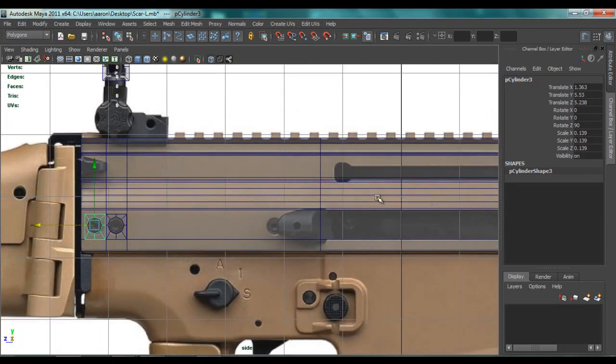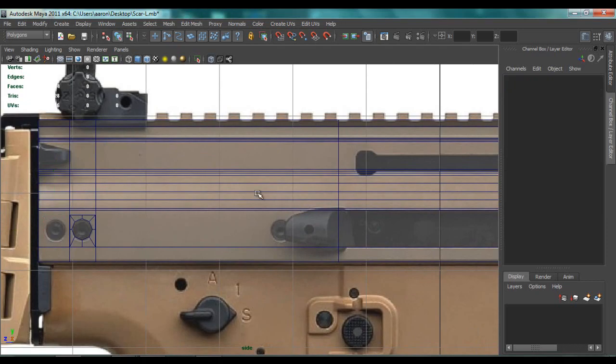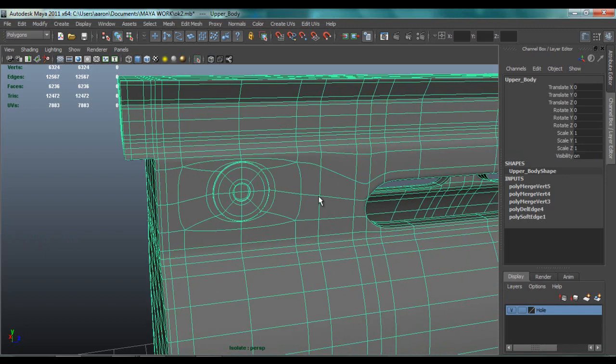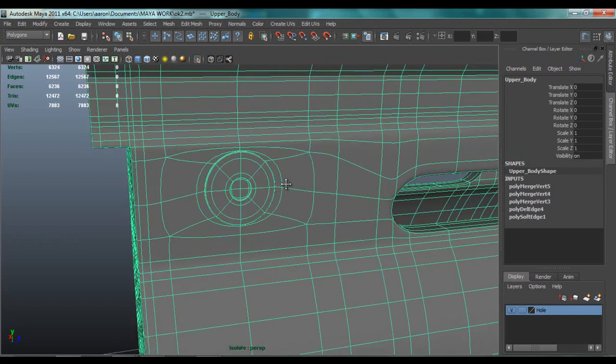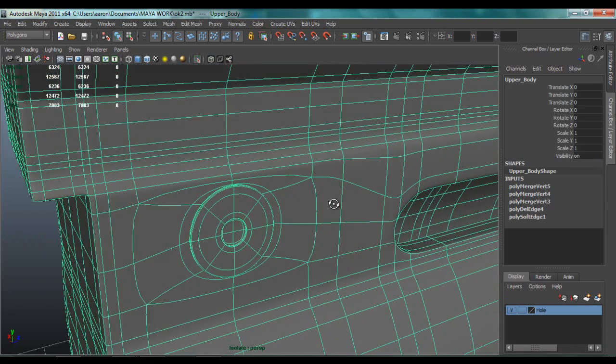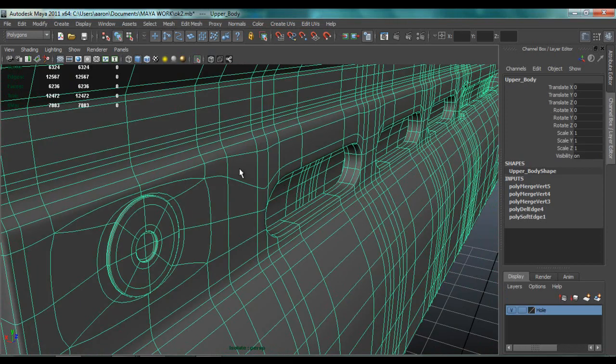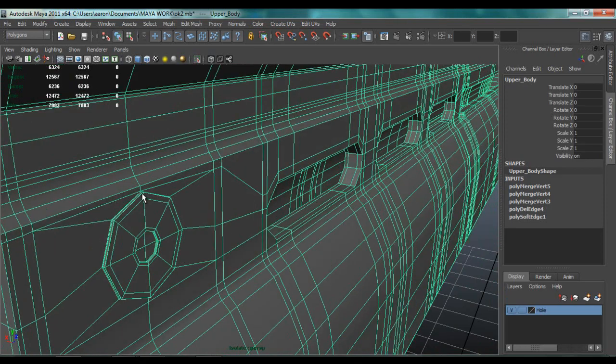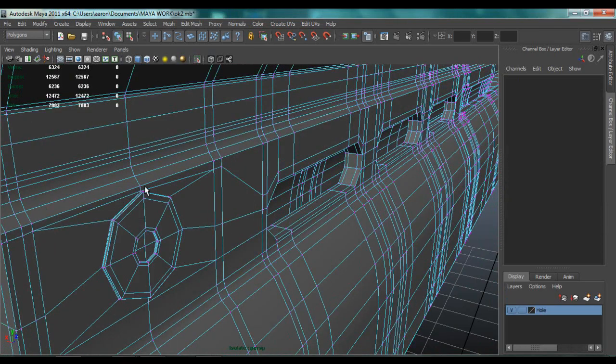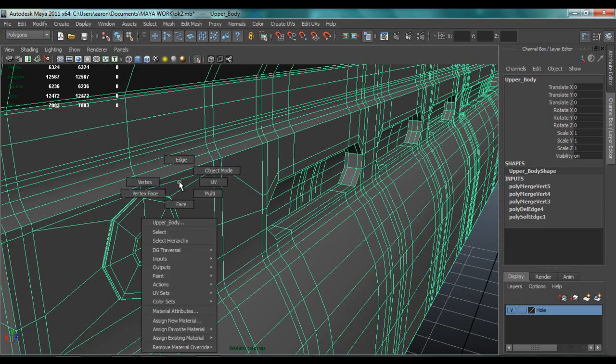And that's why I'll just save this. And that's why up here, if you can see, because on my screen I can see it, this is a bit tighter than the rest of this. And that's due to this edge loop going across. Now if I were to merge these vertices,